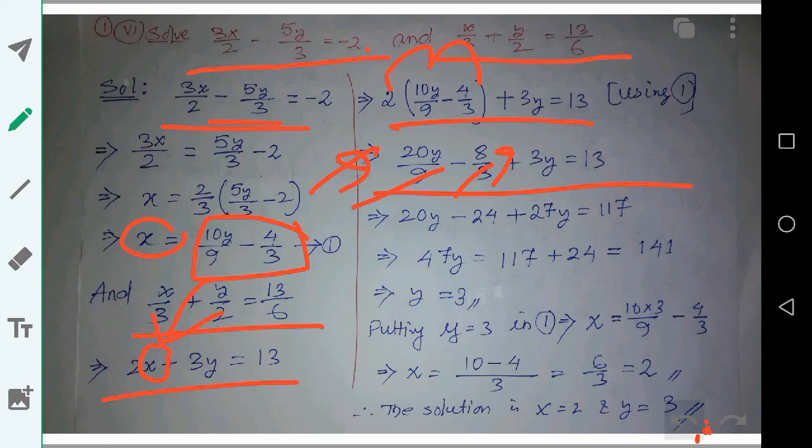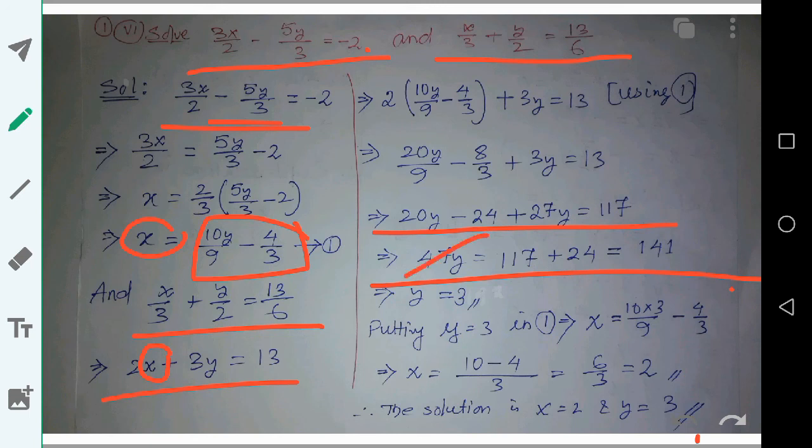Let me clean this. After simplifying this, we have got this. Now divide both sides by 47, it gives 3. So 141 cancelled by 47 gives 3, that is y is equal to 3. Now put this value of y here in equation number 1. Putting y is equal to 3 in 1, replace this y by 3, it gives x is equal to